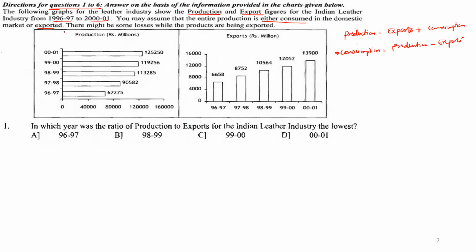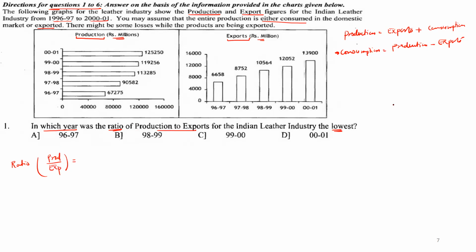Okay. So in the first bar graph, you're getting the production, which is given in millions. And in the second bar graph, it is exports, again given in millions. Okay. So now question number 1 is saying, in which year was the ratio of production to exports the minimum? All right. So now it's a comparison based question. Okay, you have to compare the ratio of production to exports. And then you have to say कि इनमें से lowest कौन सा है, but ध्यान रखिएगा it's a comparison based